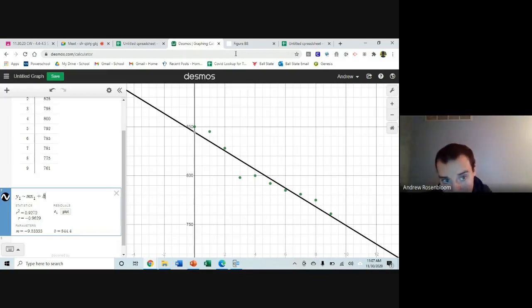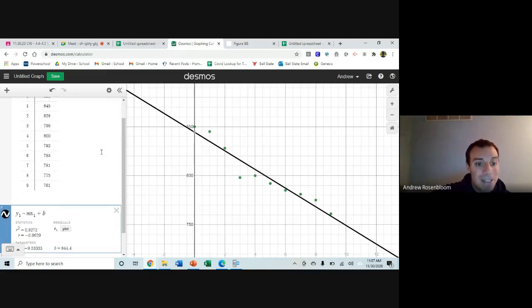You can use Google Sheets. You can use Desmos to create the scatter plots. Just make sure that you're aware of the steps on how to do each of those. And as I said, it's very, very important that you're able to create the scatter plots and interpret the slope and the y-intercept. Now, one thing that I want to talk about is that idea of residuals, which we talked